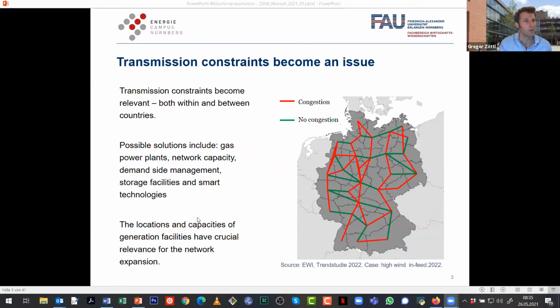So the important thing is that indeed here's just for confirming my statements. This was one study of a German energy institute, which indeed shows that network links are under stress in the future and also currently, and so we need this type of reorganization and investment for the network and the related proper placement of